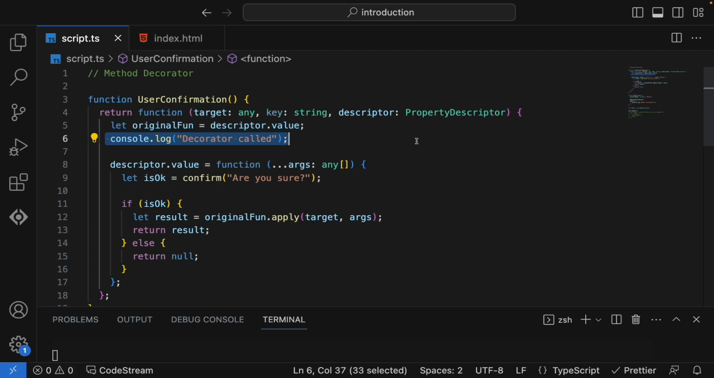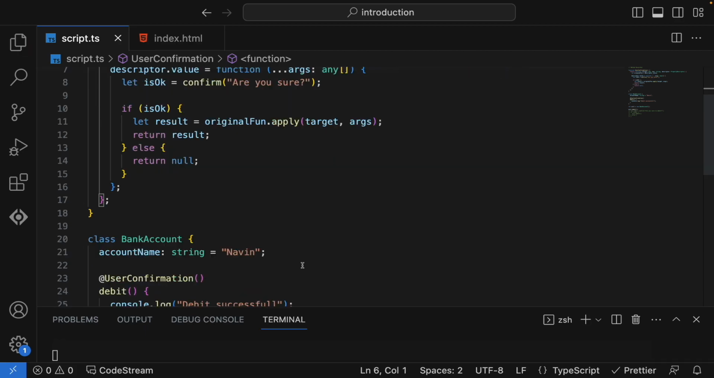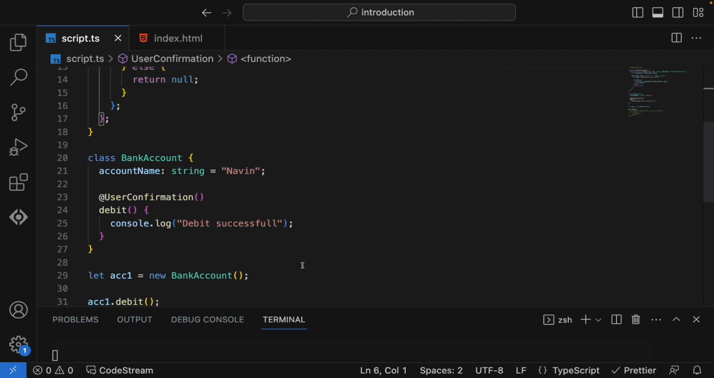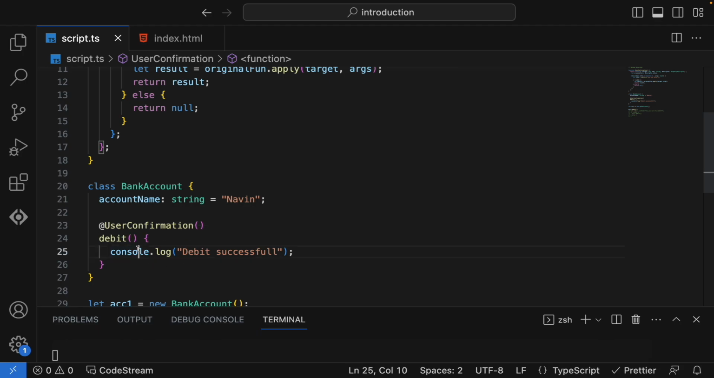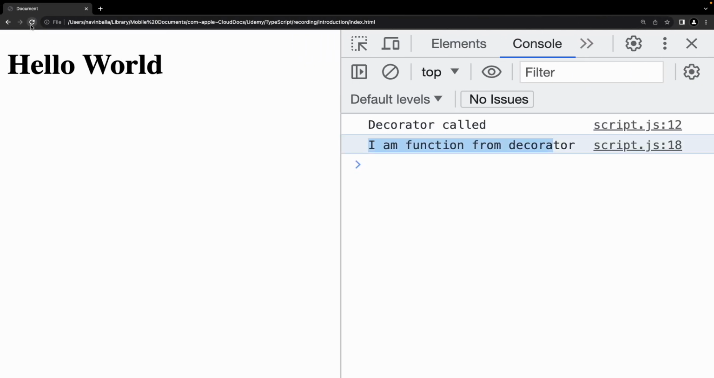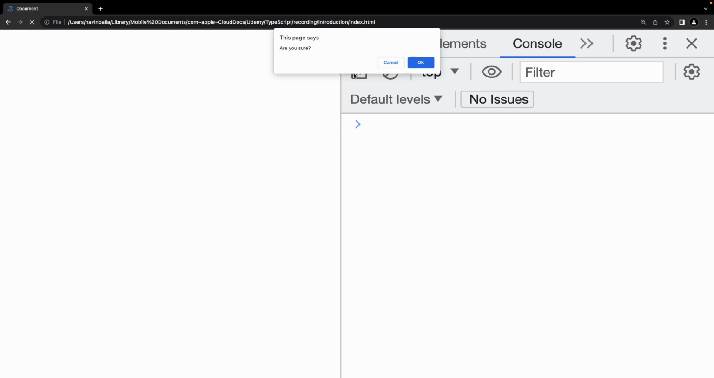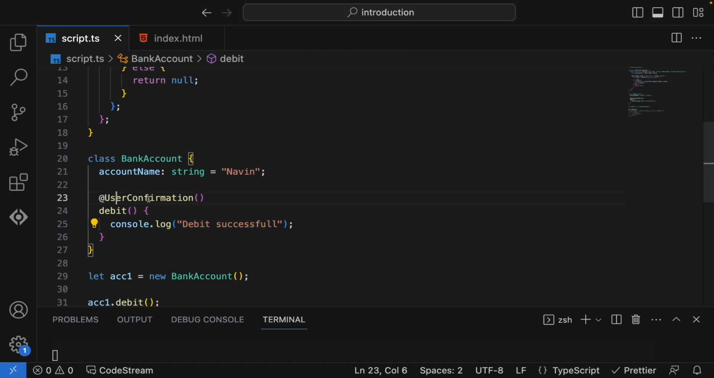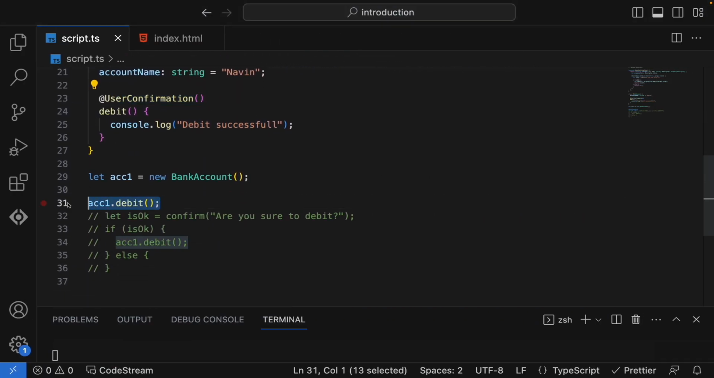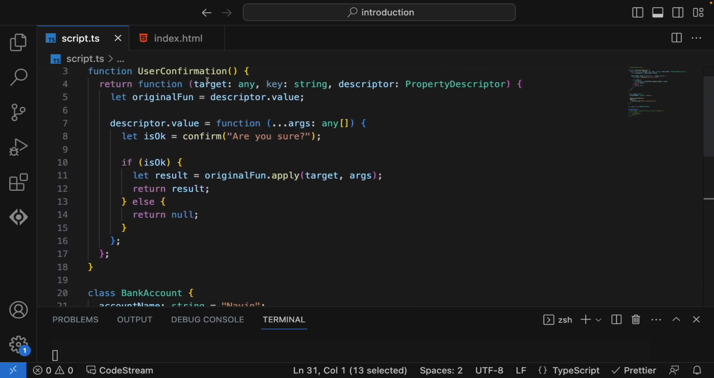I'm just removing all this extra console output so that it will be more specific. Okay, I'll just keep this one for now. So let's refresh it. It will ask us, are you sure? So what is happening here? This is our decorator. So when you're calling it, dot debit, firstly your decorator will get executed